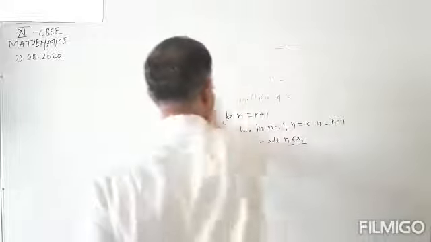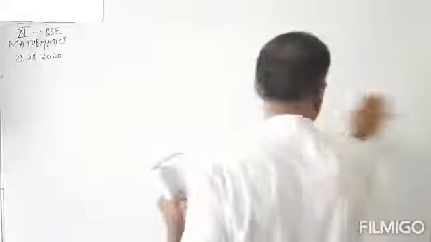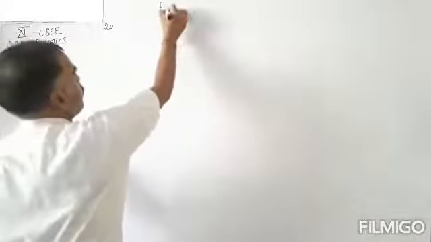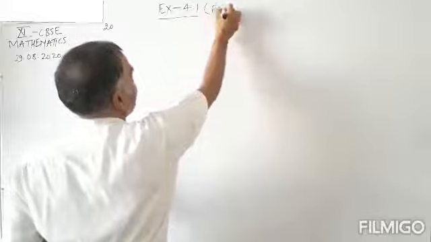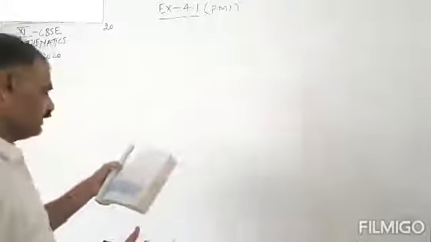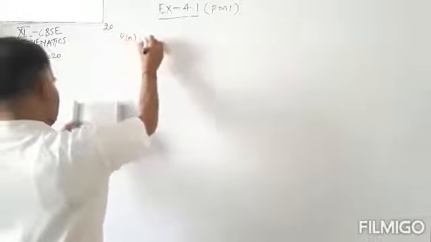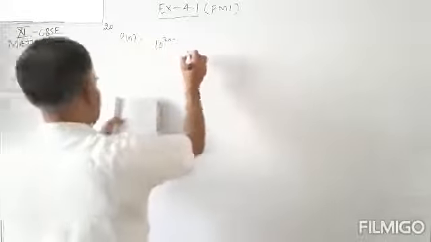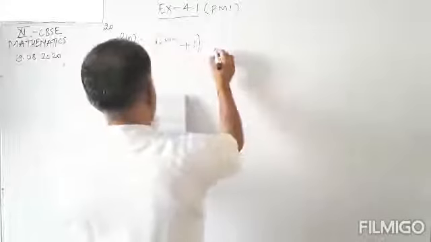So question number 20 is, exercise 4.1, that is PMI, principle of mathematical induction. Question number 20: Pn, that is the mathematical statement, is given as 10 to the power 2n minus 1 plus 1 is divisible by